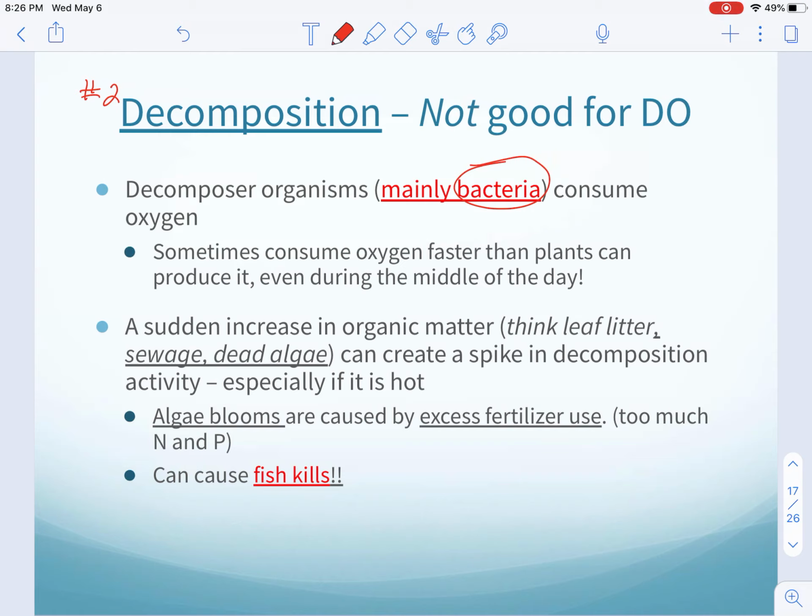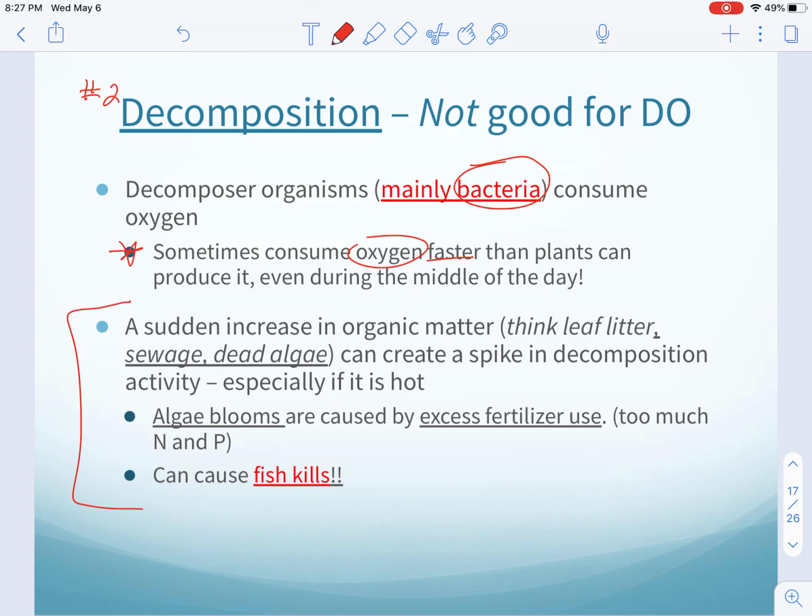Okay, and what's interesting is, depending on the situation, this bullet point says that those bacteria doing decomposition can actually use up oxygen faster than the plants can produce it, even when the plants are producing it the most, when there's the most sunlight. So it's really important that you remember that those bacteria can be more powerful than those photosynthetic organisms,